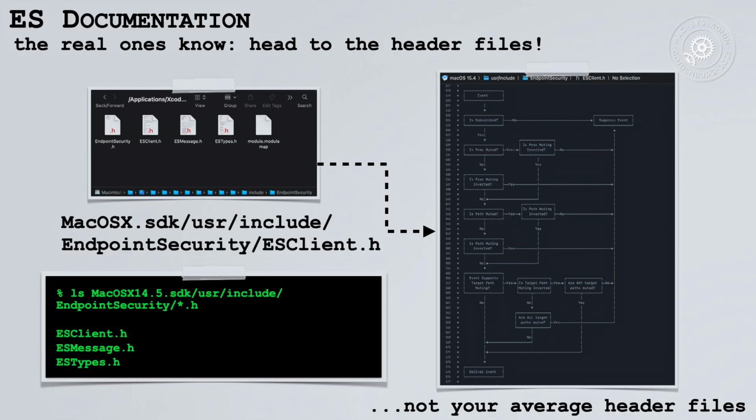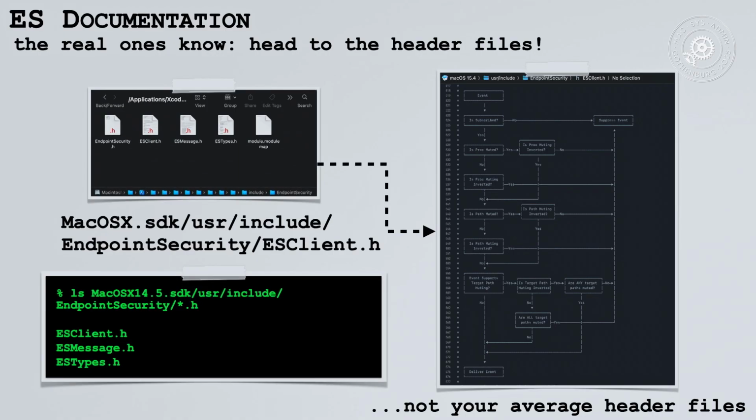So there's three main ones. You'll find them in the Endpoint Security folder under the SDK root: ES client, ES message, and ES types. And we can kind of see on the slide here, you can't really read it, but the purpose is just showing you that these header files contain things like ASCII flowcharts that really dive into some of the more nuanced topics of endpoint security. So they're super well commented, have a lot of great comments and gotchas. So if you ever get stuck, definitely check out the header files, and we will be referencing them a lot